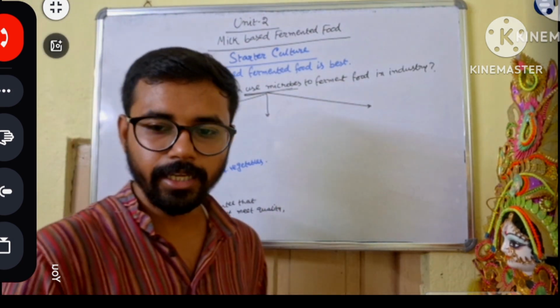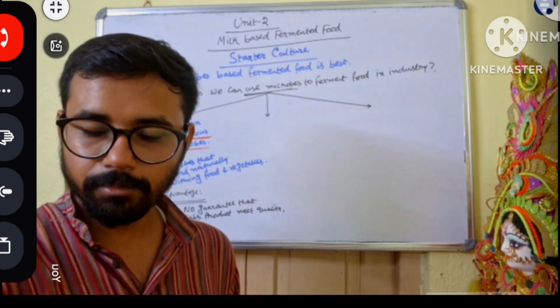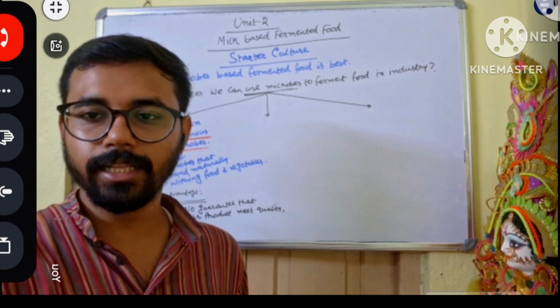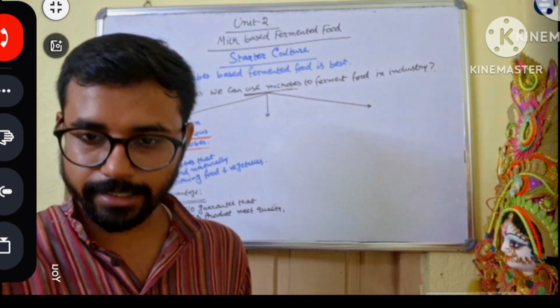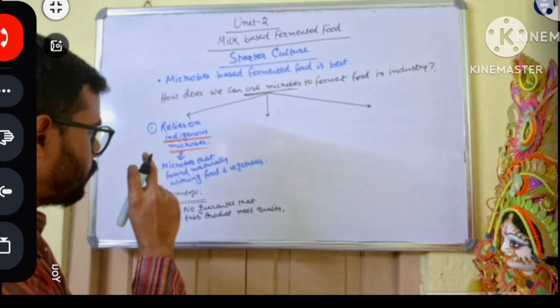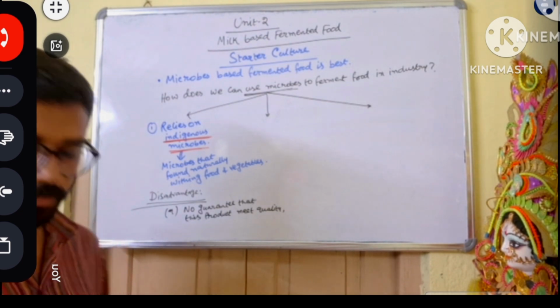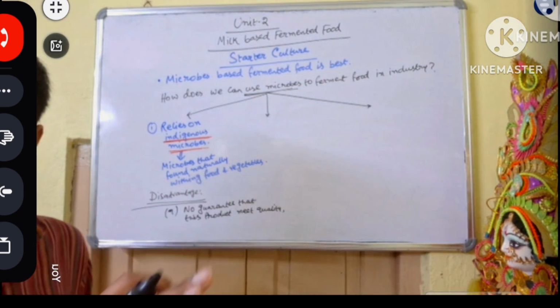No consistent quality can be produced all the time. Sometimes it will be better, sometimes it will be less. It's actually happening, it is natural, no? So the standardized quality that we make, it cannot be met all the time if you use the indigenous microbes. Yes or no? So it does not guarantee to meet the standardized quality,